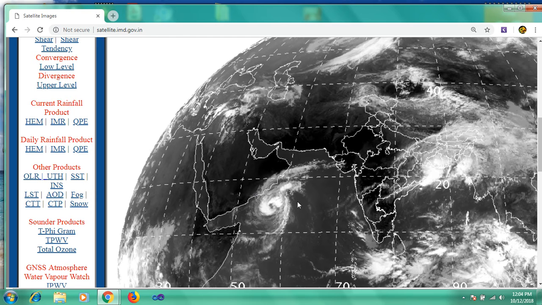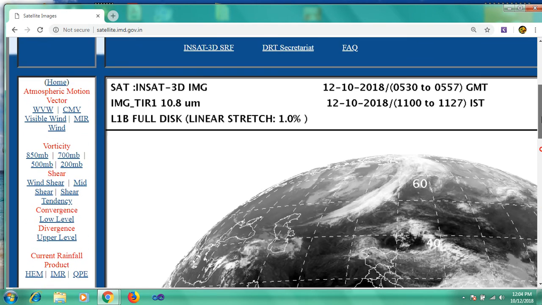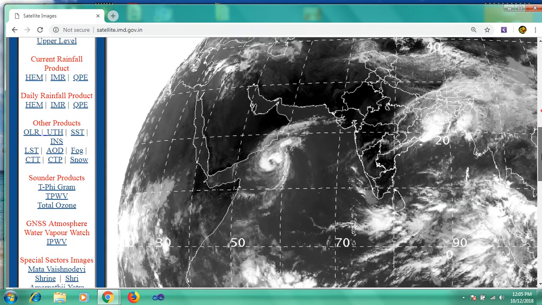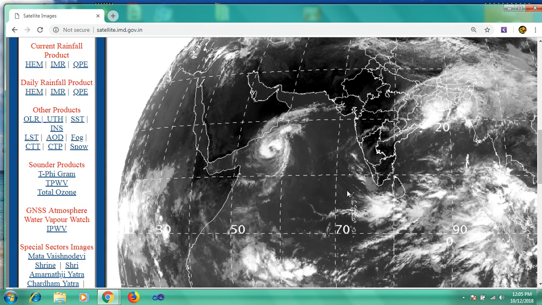So this is the way you can see it. Look at this. This image is taken from INSAT 3D. They have used the Indian INSAT satellite, and you can see Indian Standard Time. This is the image taken from that satellite and valid to 11:27 am. Currently it is 12 pm, so this image refers to hardly a half hour difference. So you can say that this is the current situation of our Indian subcontinent